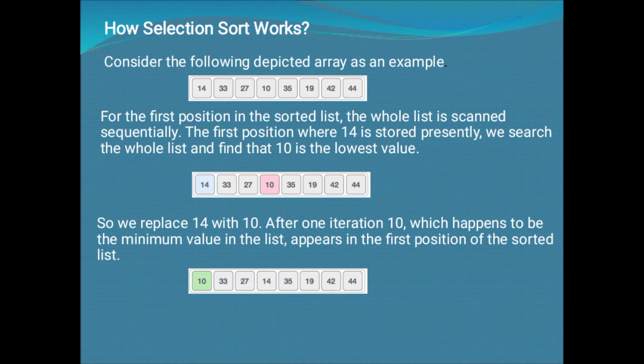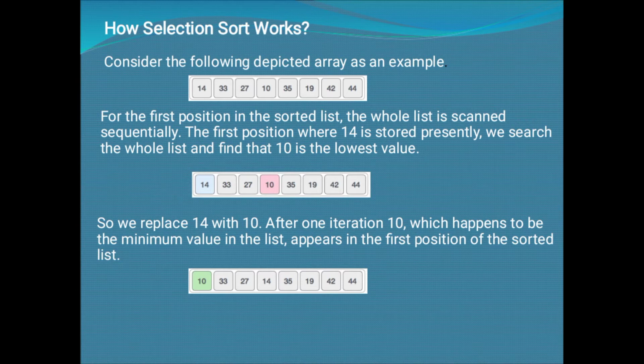For this, I have compared the first position element, that is 14, with all the elements. When I perform the comparison, I get the least element, and the least element after step 1 is 10. Which position is it at? 0, 1, 2 and 3.